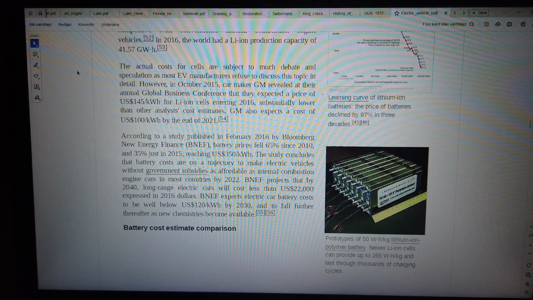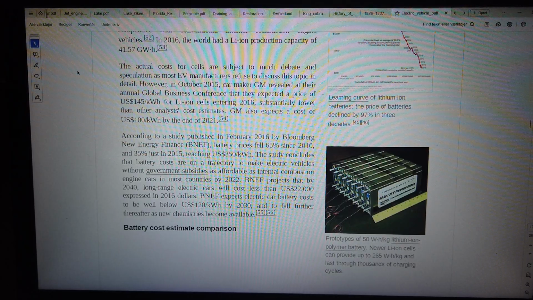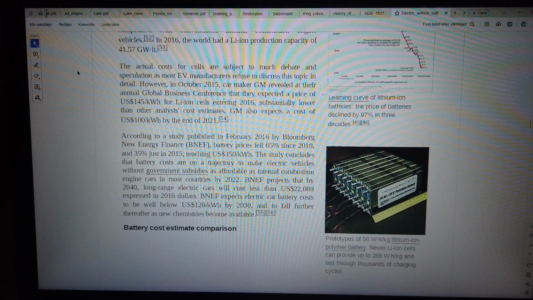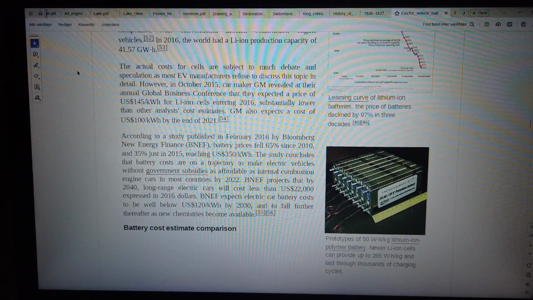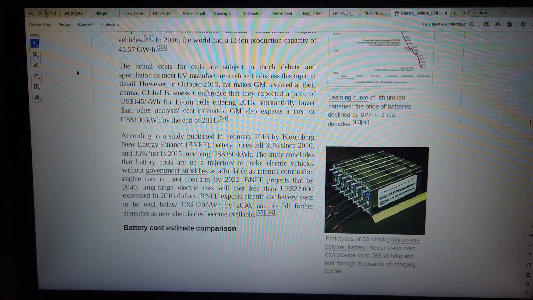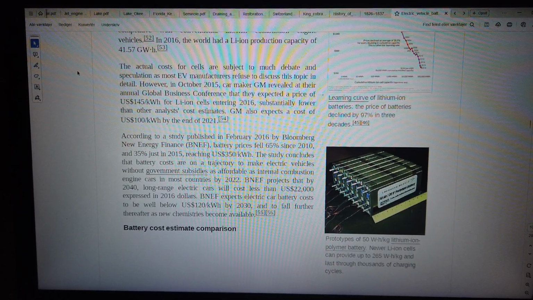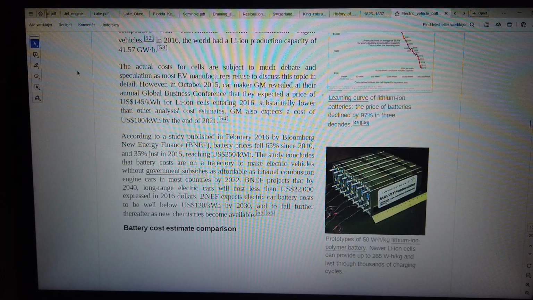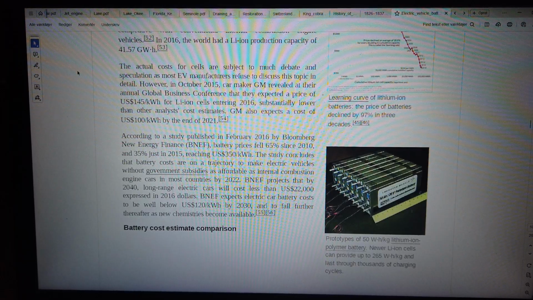However, in October 2015, car maker GM revealed at their annual Global Business Conference that they expected a price of $145/kWh for Li-ion cells entering 2016. Substantially lower than other analysts' cost estimates. GM also expects a cost of $100/kWh by the end of